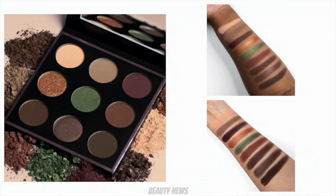All I'm going to say is normally I really like this sort of gold, green, dark purple, brown color story. Bottom 3 shades, they all look very similar. Yeah. If you look at the swatches, it's dark matte heavy. It's really dark matte heavy. There's 4 shades in there that essentially look exactly the same. Mm-hmm. And I'm just like...